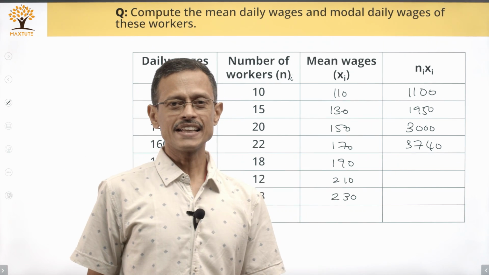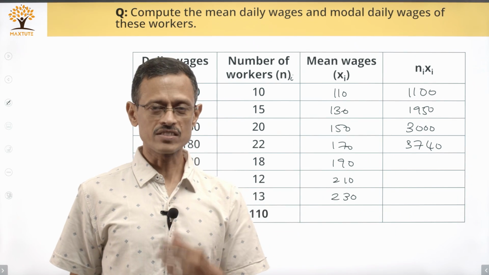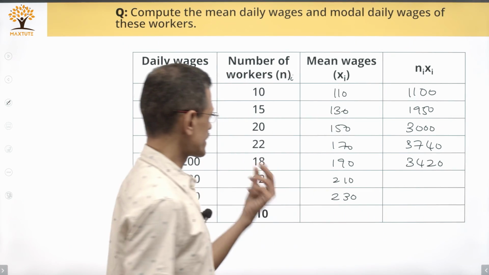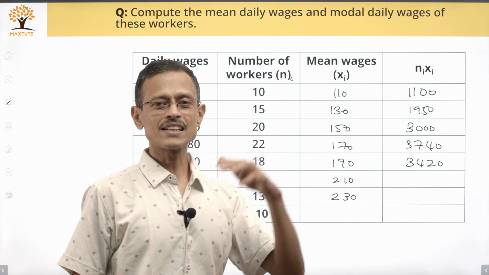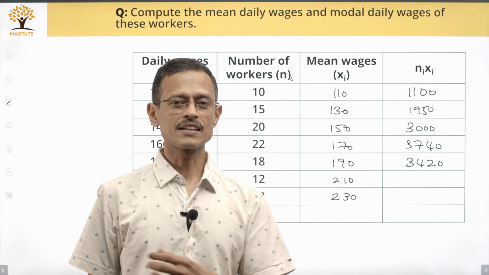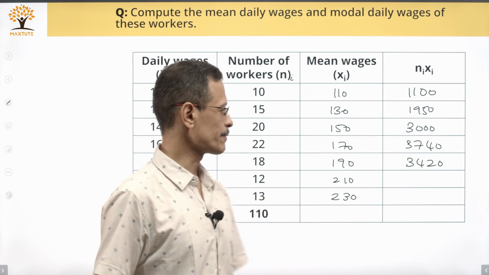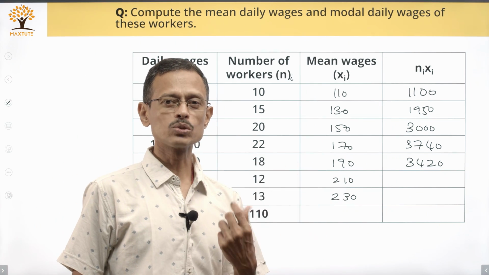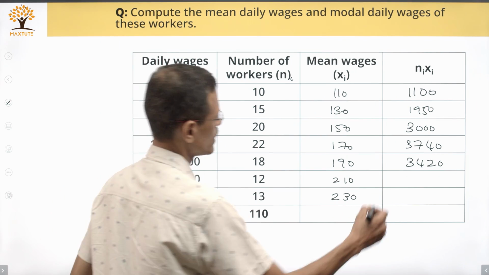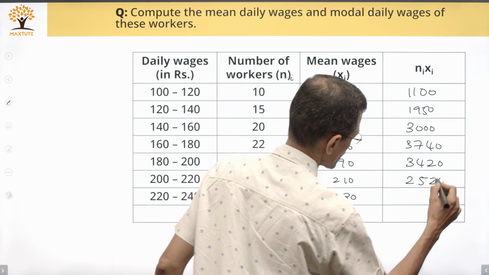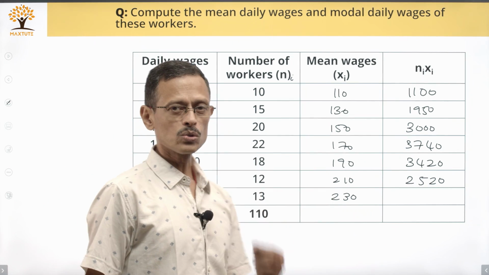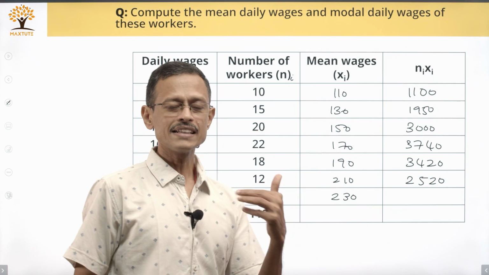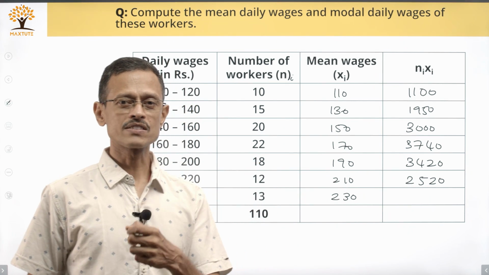18 into 19, 18 into 18 is 324, plus an 18 is 342, so 3420 is what we have. Conversely, you can think of it as 18 into 200 minus 18 into 10, so that's 3600 minus 180, which is 3420. 12 into 210, 12 into 200 is 2400, 2400 plus 120, which is equal to 2520. And lastly, 13 into 230, 13 into 200 is 2600, 13 into 30 is 390, 2600 plus 390 is equal